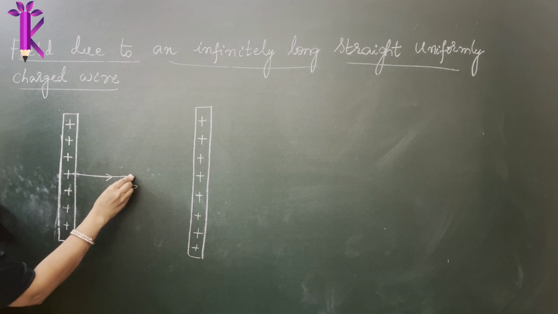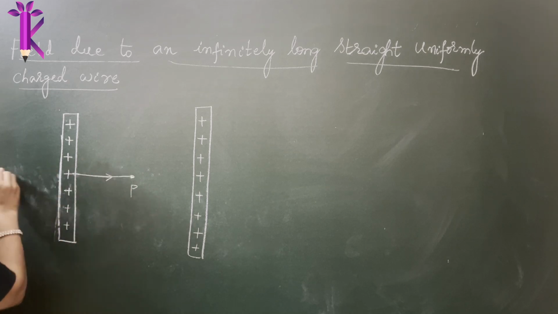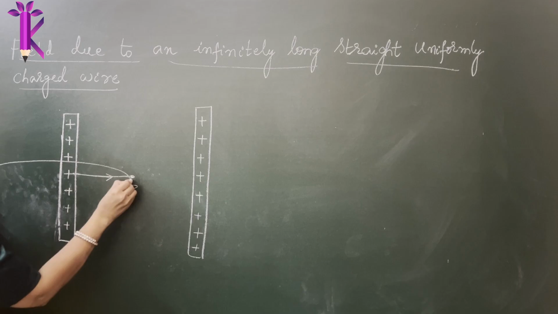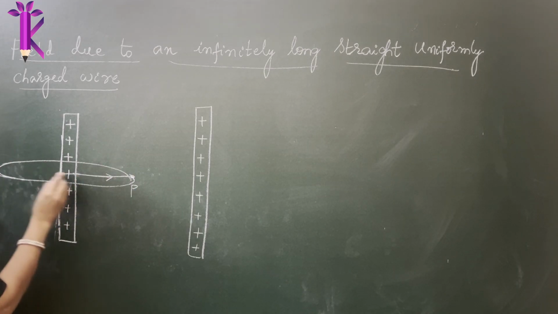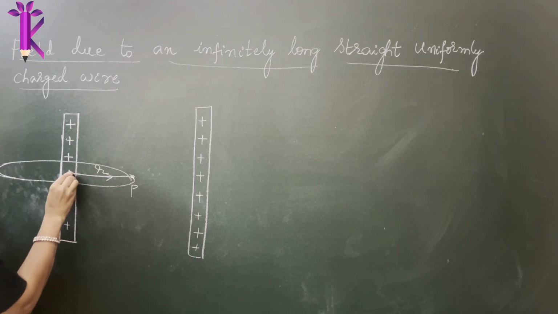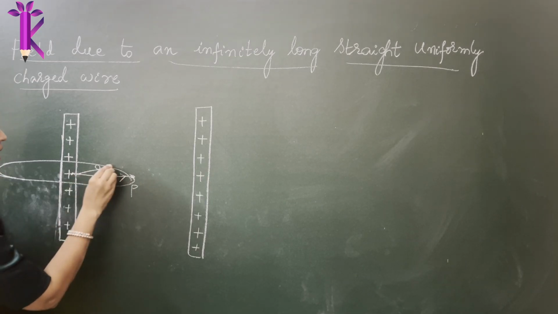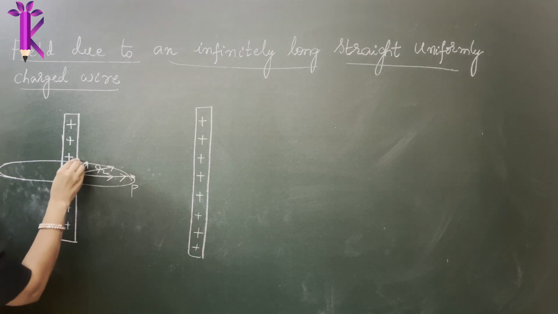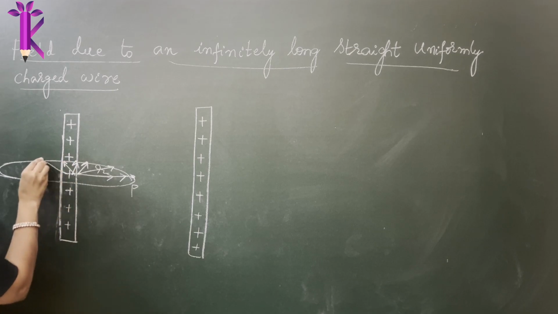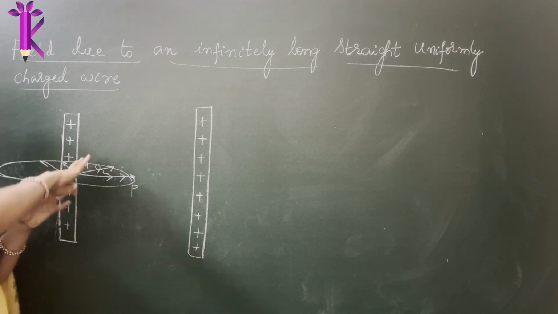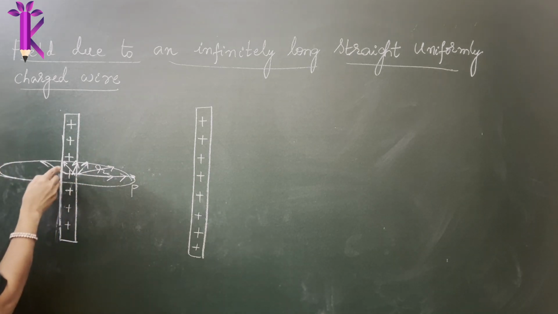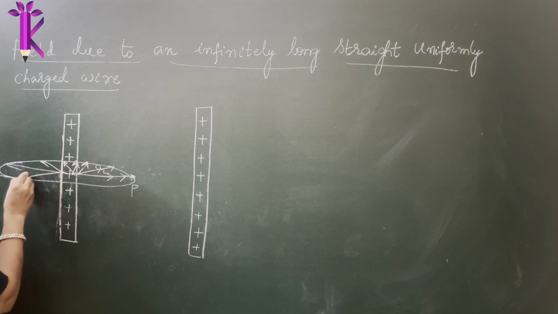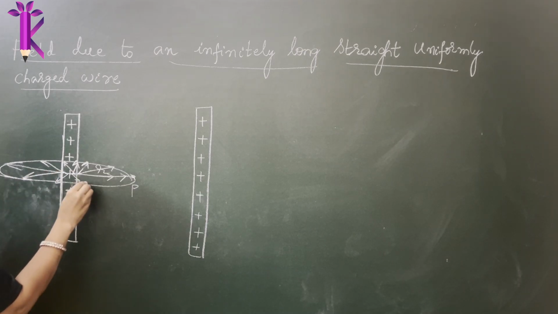So imagine this is the point P, and through the point P I draw a circle or a sphere. I assume a spherical Gaussian surface. So here it is of the same radius. Let's say this point is at a distance r from this charge. So how do you draw your electric field lines? Your electric field lines will be radially outward like this. This will be the same in length because it's a sphere. You are imagining a sphere or a circular surface, and it has to be the same, but I cannot draw it on the board due to the restrictions that we have on space and a lot of other things.